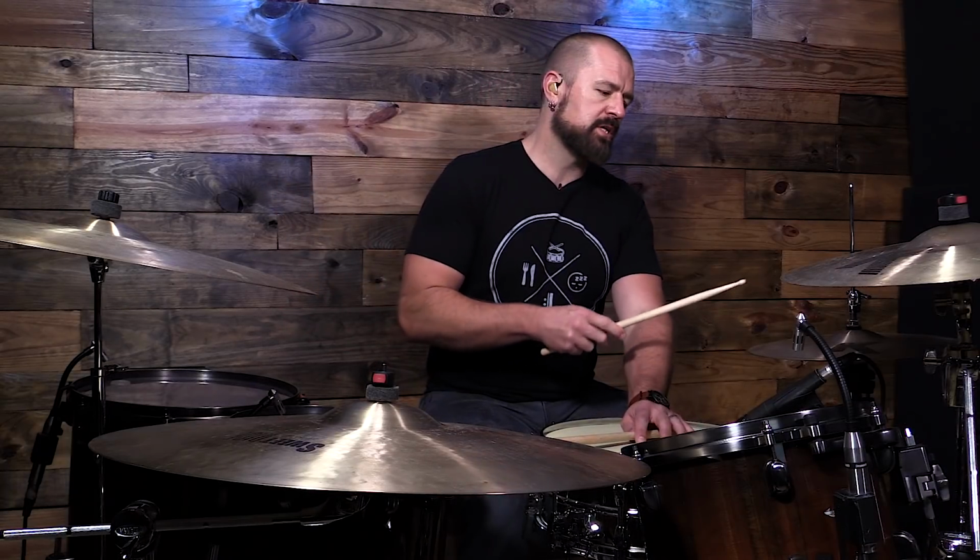And what it is, it's a very simple rim click on the downbeats with 8th notes on the hi-hat. And then usually the kick drum is doing a very similar thing to what is happening here. So it's going to be 1 and then 3 and. Really simple, but it recurs within their catalog a lot. All right, so it's going to be